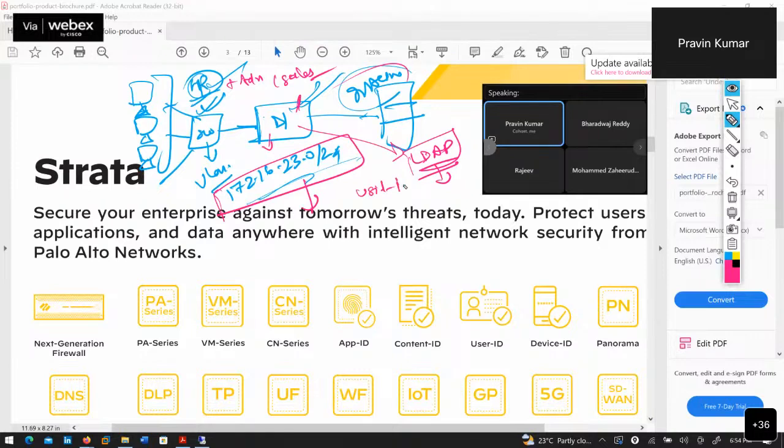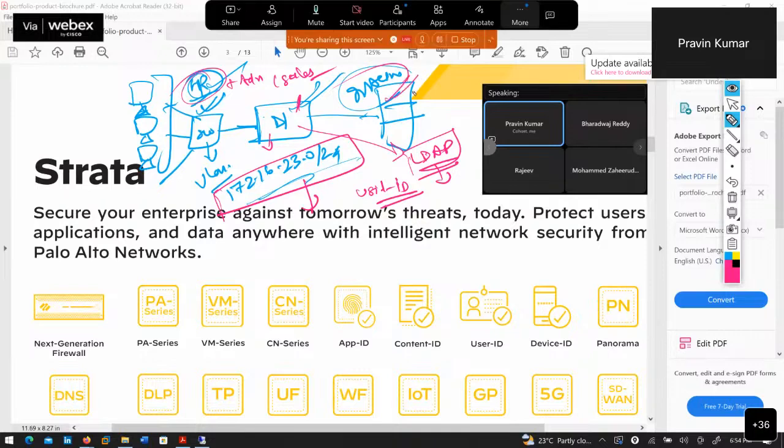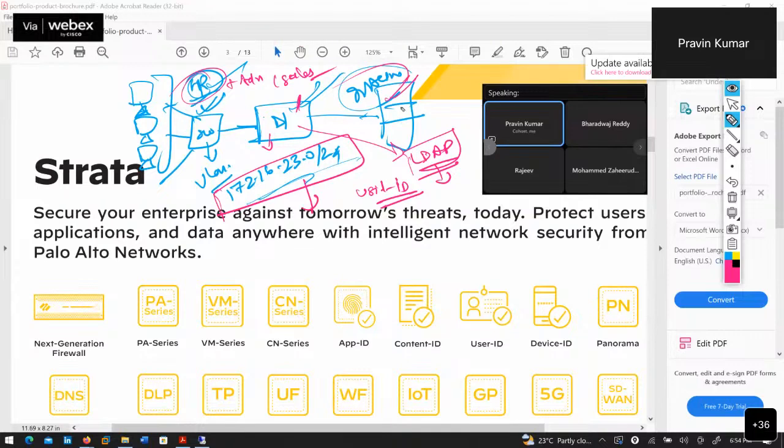You can create the firewall policy over here saying that this user ID group, either this group or this user ID, has access to this server. So the policy will only hit if the user matches, otherwise it will not hit. And that's how user ID comes into the picture. Similarly, it will go with the